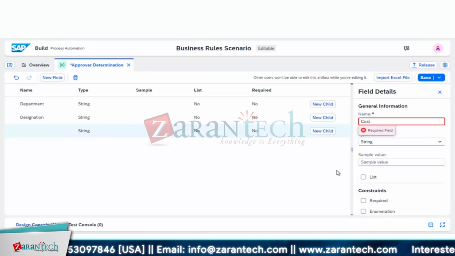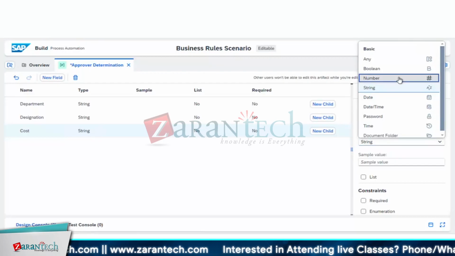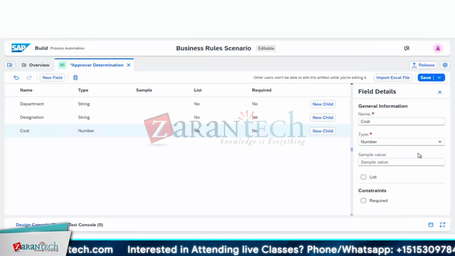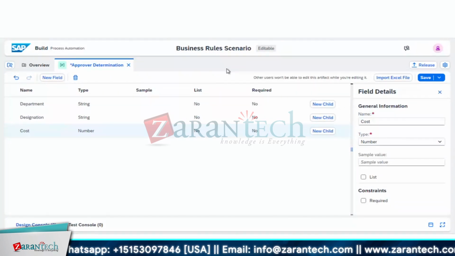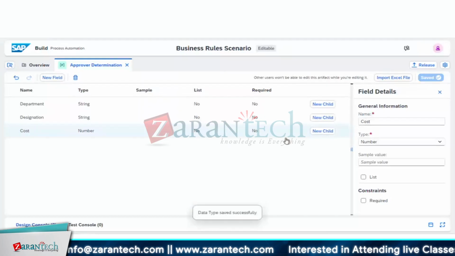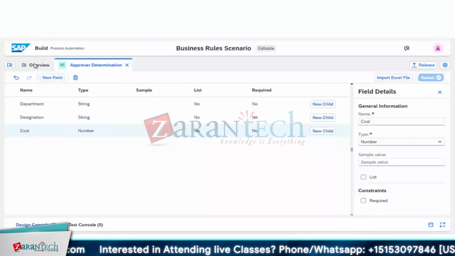Cost is a number. These are all the input data types. And I click on save. Once it's saved,